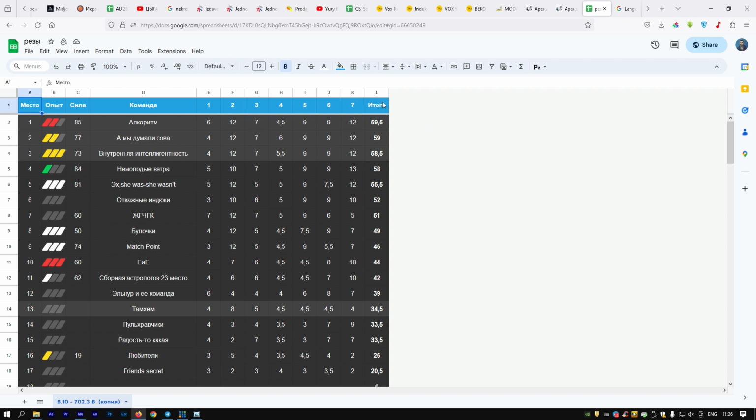If you need to save the table from Google Sheets or some information from Google Sheets to a PNG file, the way you can do it is to choose the area you want to save,